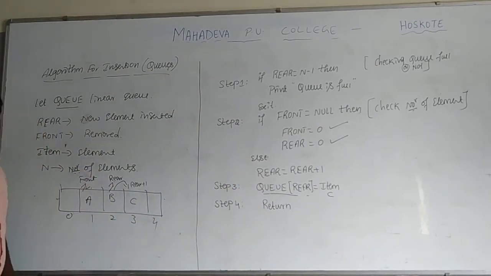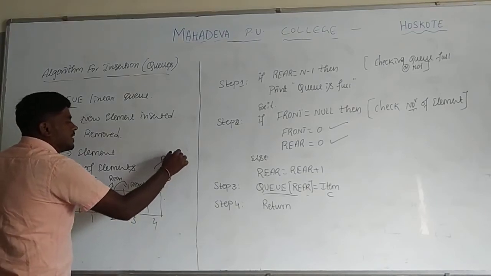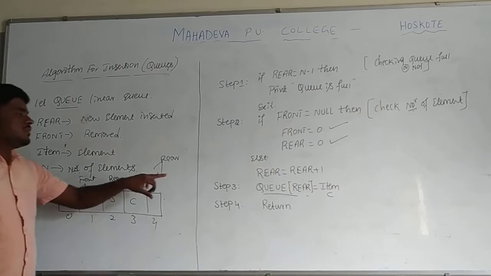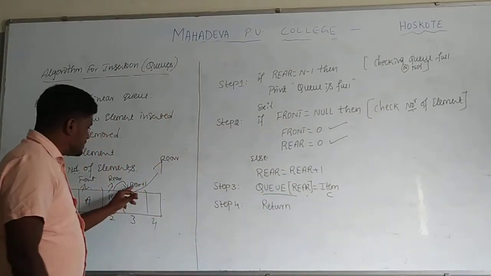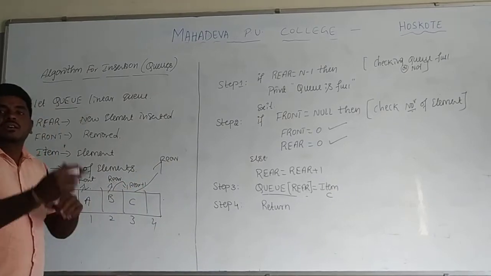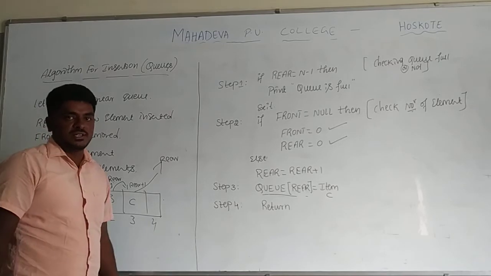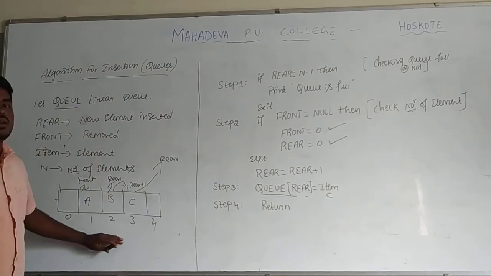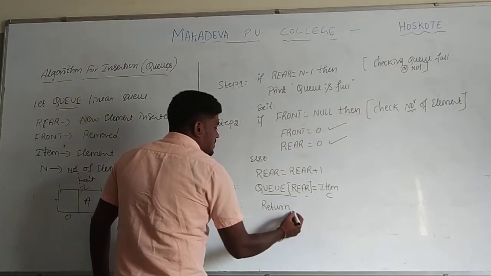So that should be placed where? Rear is equal to rear plus 1. The rear plus 1 position is there. Now it is called rear. Now we need to increment one more element. Again we need to increment, rear is equal to rear plus 1. Again it will be shifted from here to here. Like that, whenever we insert a new element, we definitely need to increment the position. Then we insert the new element into the queue data structure. After inserting a new element, it will be returned.